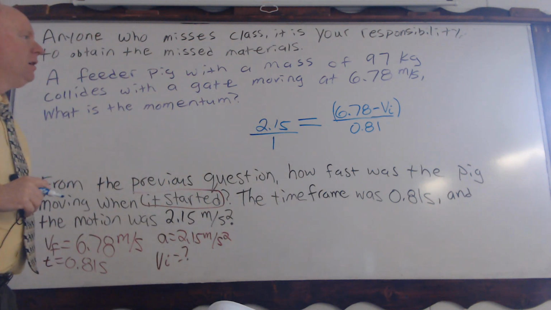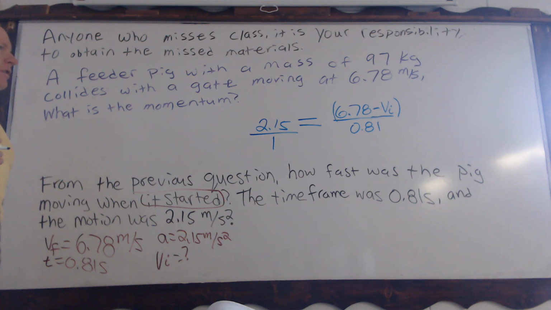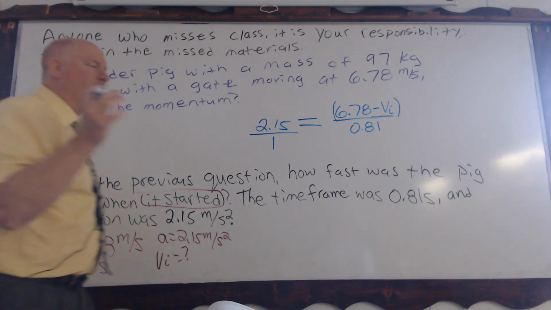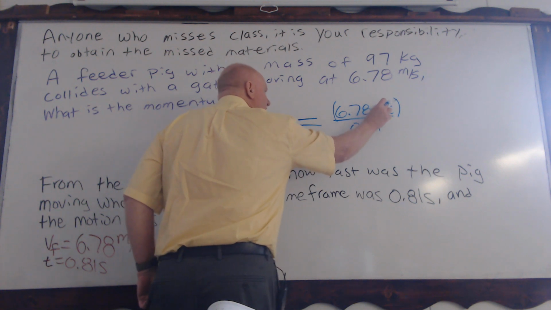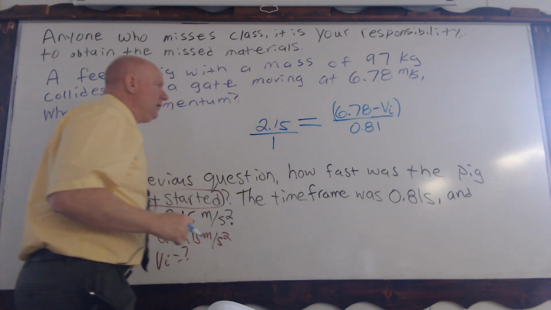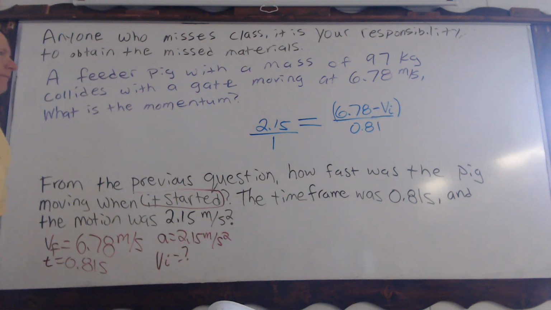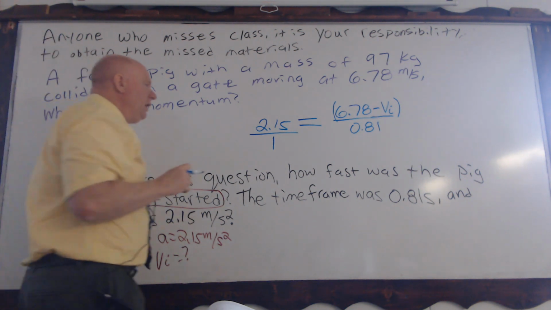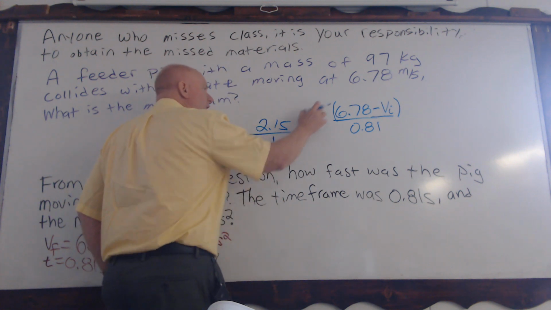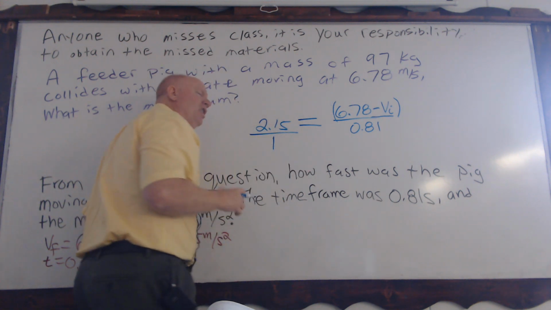Okay? So this is where it looks a little different because what we've seen before is typically there's a 0 there, but that's not the case here. Okay? So, how do we get rid of these fractions? Cross multiply. Okay. Which one do you want to do first? This one or this one? It doesn't make any difference.